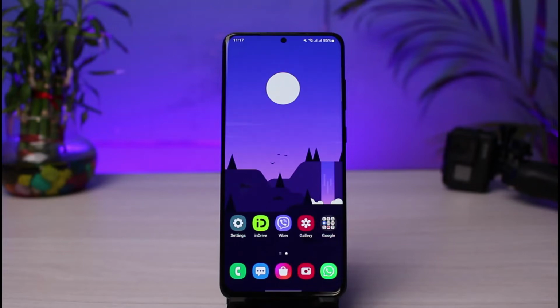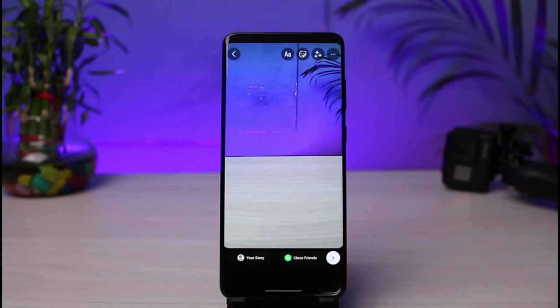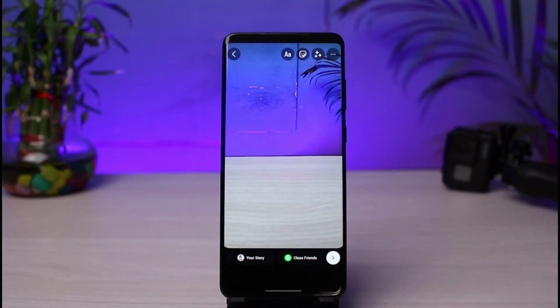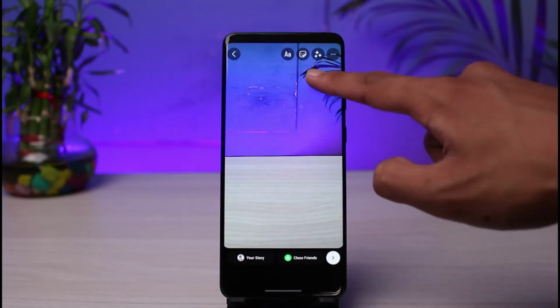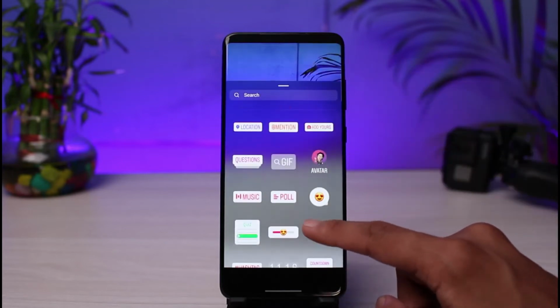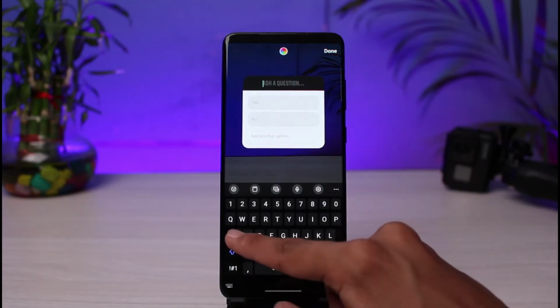In order to create a poll for your story, you just need to go ahead and open up your story over here. Once you open up your story, let's say that you are trying to add a story over here. You just need to tap on the sticker icon which you see on the top right corner of the screen. Once you tap on the sticker icon, if you want to actually create a poll, which means the number of votes, you can just tap on it